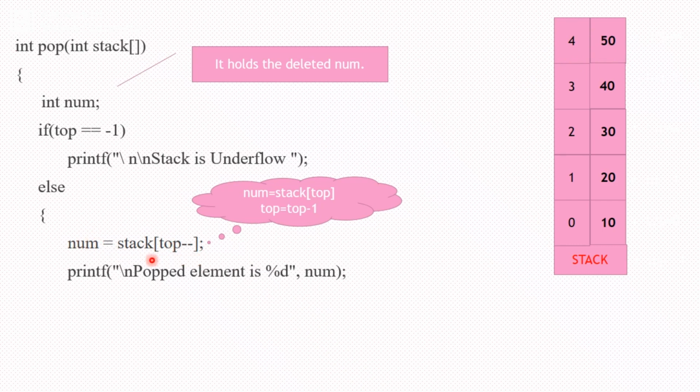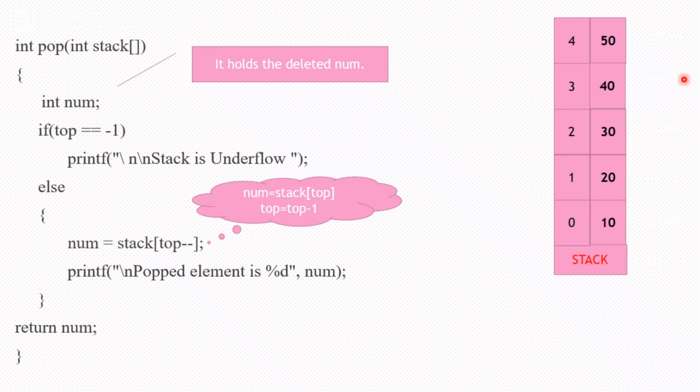So if you're feeling confused with this, you can replace this and run this program. Popped element will be num. That is about the pop function. Once you have popped, you can return the number, if it is necessary. Otherwise, you can make it void, because since you are specifying the popped element here itself, there is no need to return anything. You can make this void, and then just return blank.